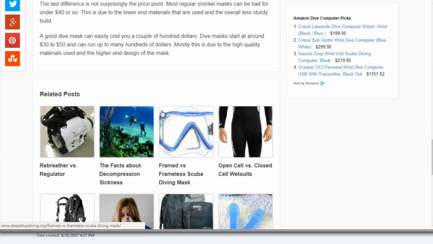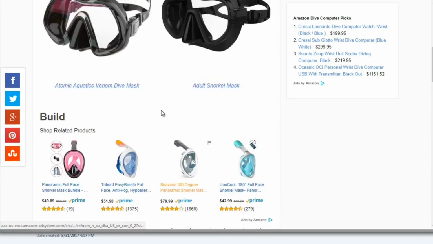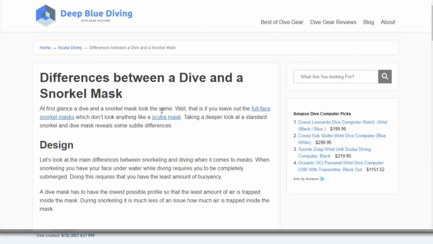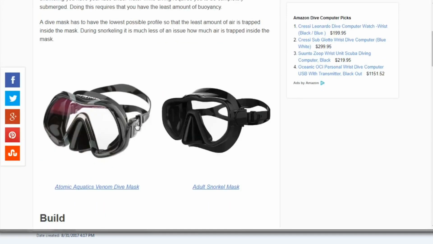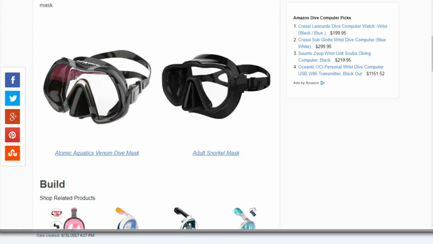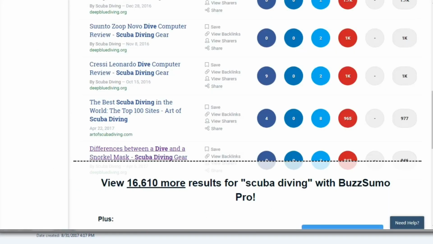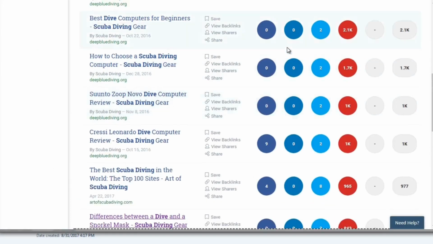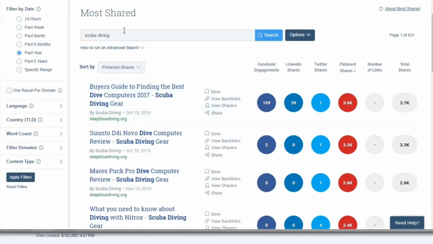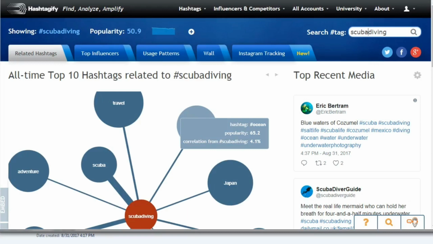So with Instagram, you can't really link the image to a URL except for the one URL that you get in your profile. So really what you're looking for is images that are engaging, that are getting high volumes of shares and all that. Now what you need to do next, once you get some ideas at BuzzSumo, is hop on over to